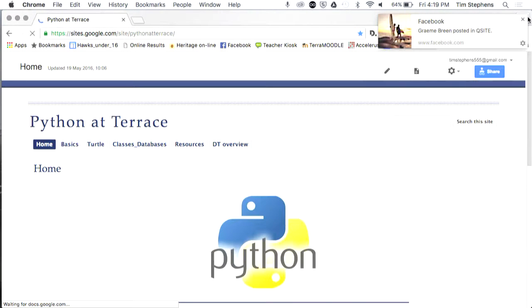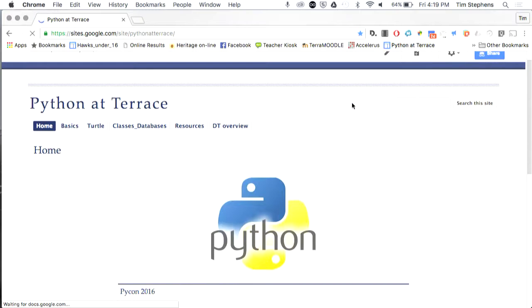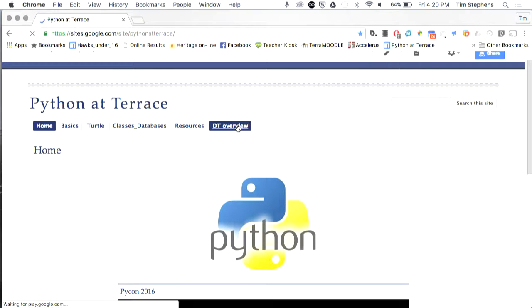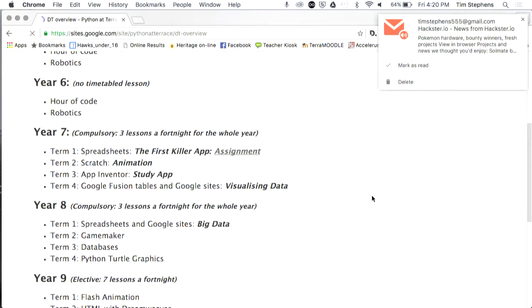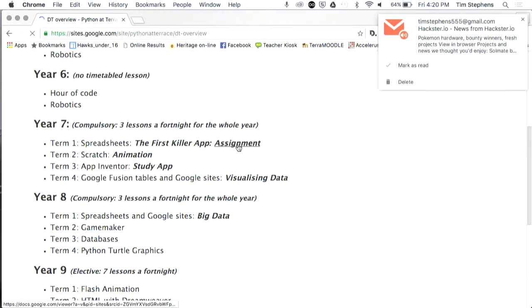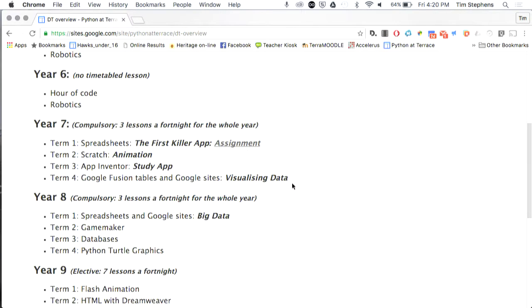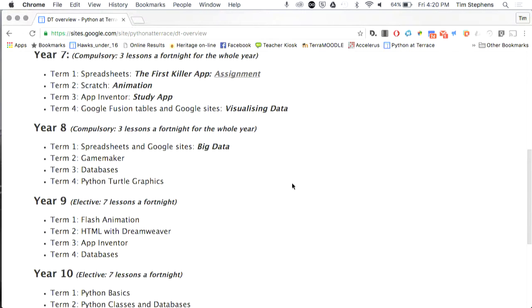Okay, we'll turn off the notifications. And that's an overview of our course from grade 7 through to grade 10. There's the assignment if you want to grab that. I'm updating that as I go along. The only thing we've got to do is the grade 9 stuff, that's still ICT, like Flash animations. We probably need to do some ActionScript, but it's just more language we've got to learn. We don't know what to do with that.